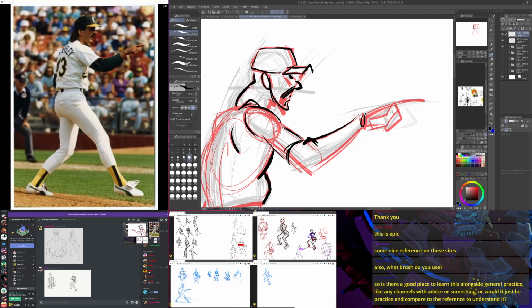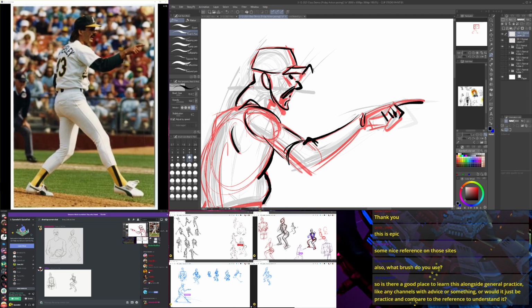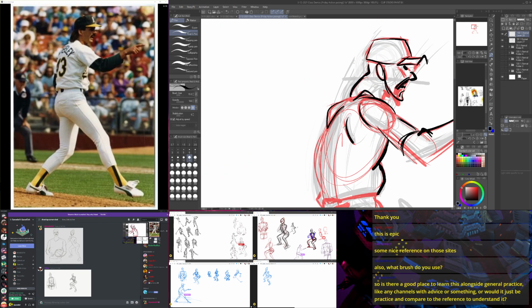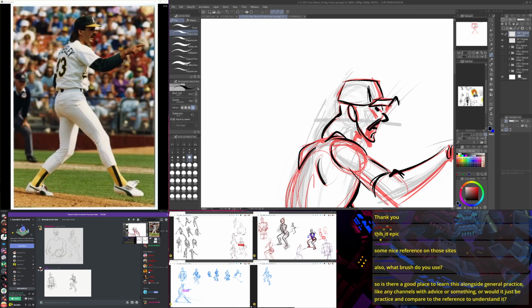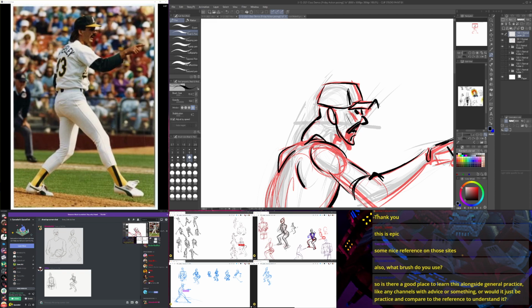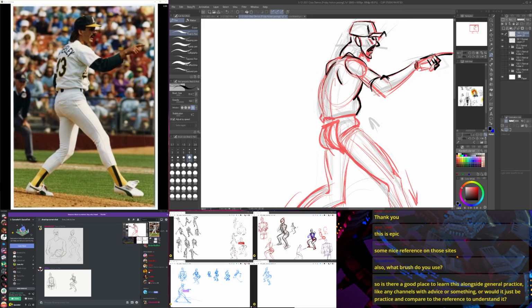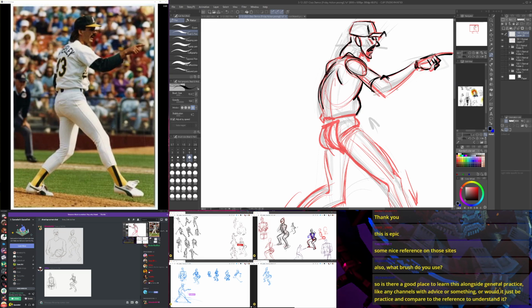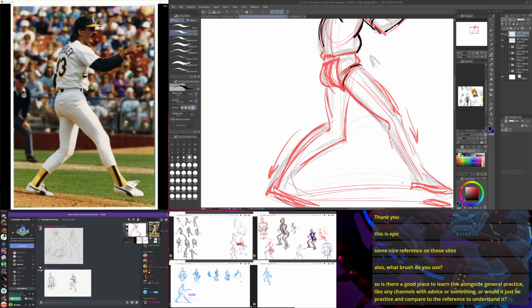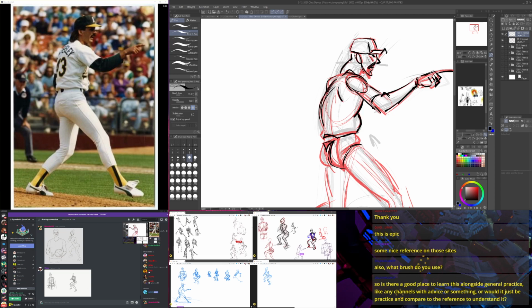I'm trying to put a little bit more character and personality into mine. But this is very animator-oriented figure drawing that I'm doing now, as opposed to the more analytical figure drawing that we were doing earlier. That was more figure quick sketch mannequins. Now we're doing a little bit of that, but it's also hybridized with some animator story drawing. So I'm trying to put a little bit more personality into him.